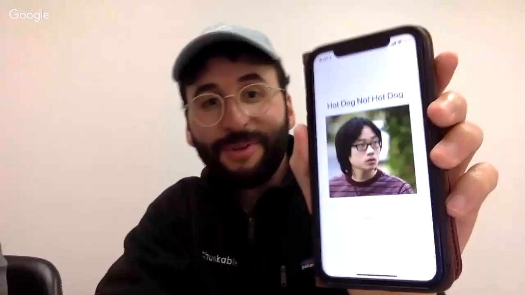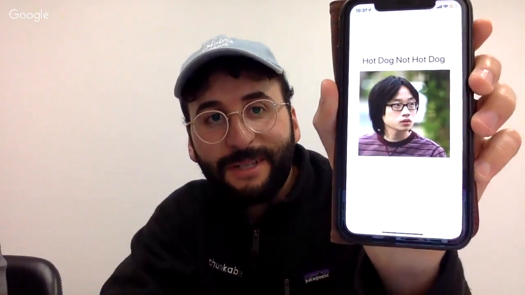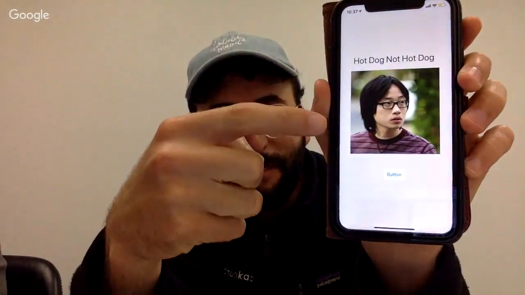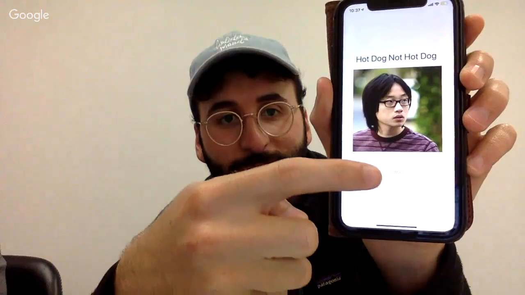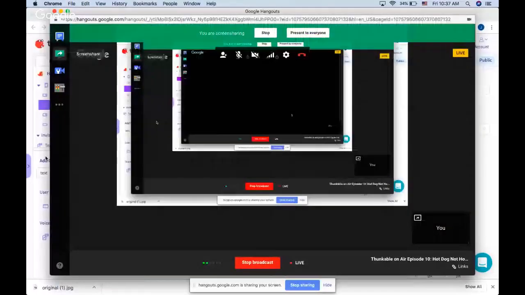All right, so really simple. This is the app so far. We just built it. It's got our label, it's got a picture of the character Jin Young, and it's got a button that we can click. And it's got a camera component built in already, and the Microsoft image technology is already there. Really quickly, we're going to just change a few more things.